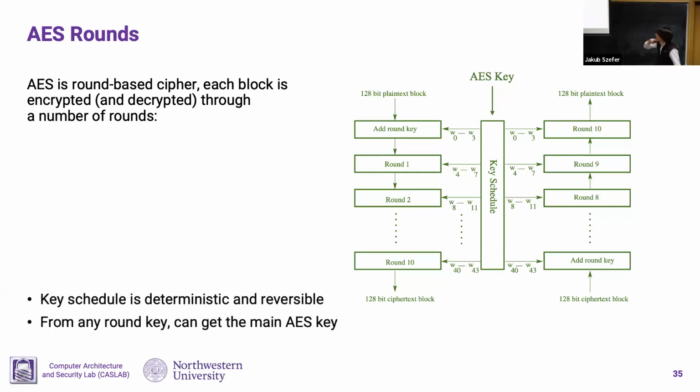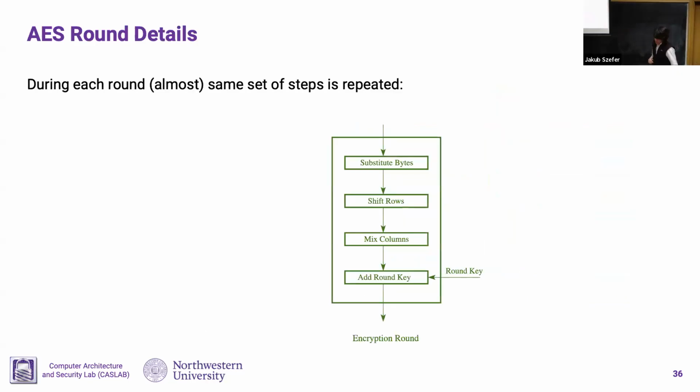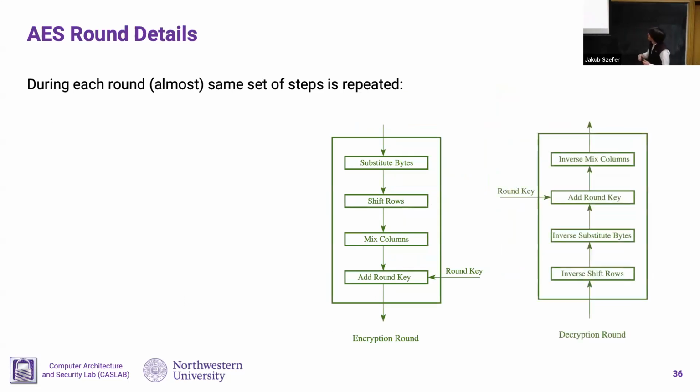Yes, key schedule is deterministic. And from any round key, you can get the AES key. And then, okay, very quickly, I think we're out of time, but the AES has a standard round with these 4 operations,